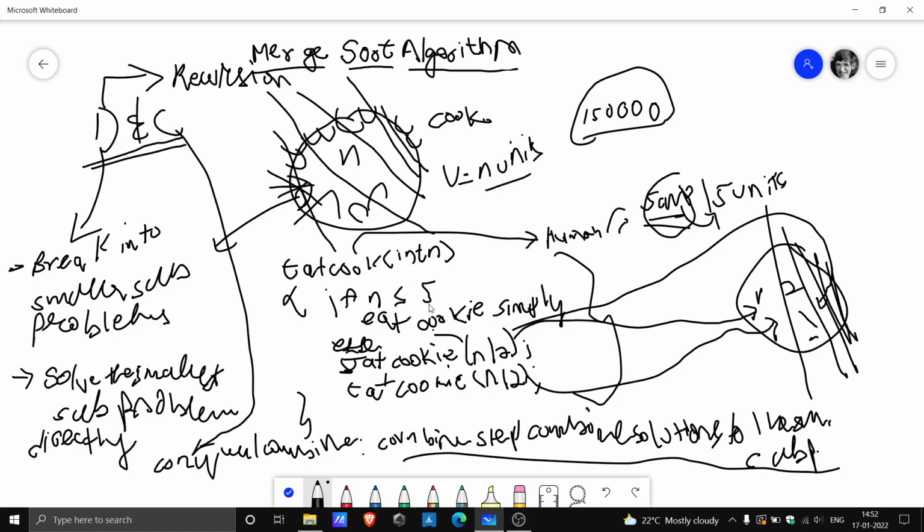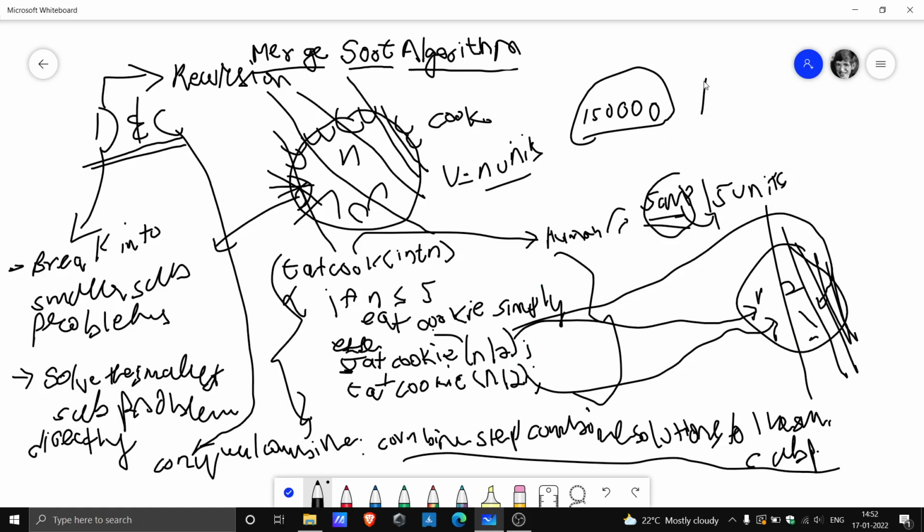Now you might ask me, why did you even do this? This is ridiculous, right? How is this even closely related to the merge sort algorithm? Now when I go on to explain the merge sort algorithm, you're going to realize one thing. The code is exactly just like this. There's absolutely no difference. There's just a little bit of difference here and there, and this is how merge sort actually looks. If it is a very small subproblem, you just solve it directly.